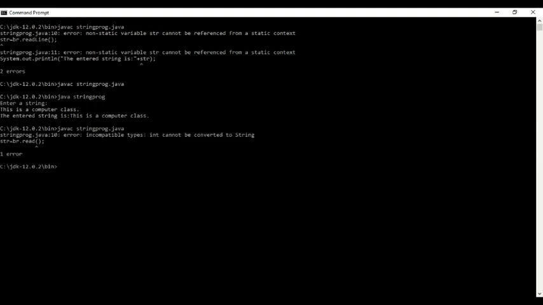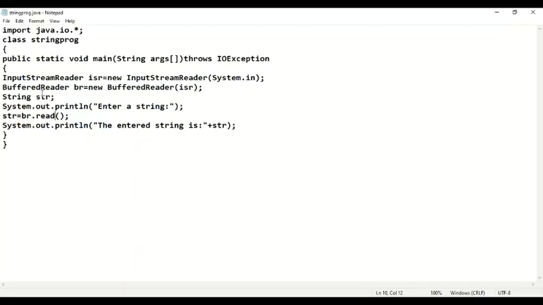See, int cannot be converted to String. It has to be readLine. It cannot be the read function. So the correct program is readLine. To enter a line of text, to enter a string, we have to use the readLine function. To enter a character, we have to typecast it into char. I hope this much is clear.